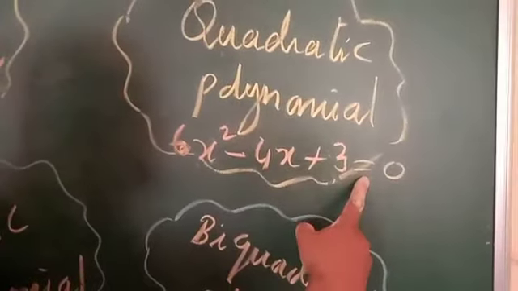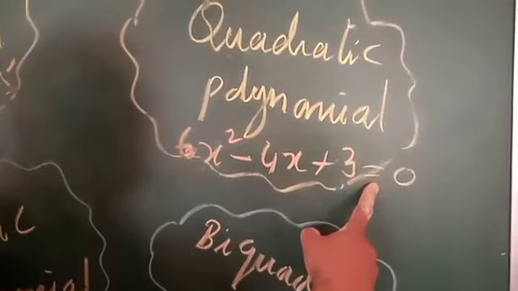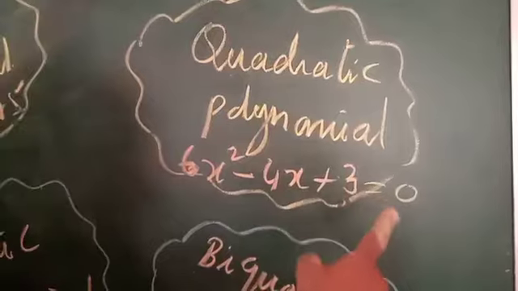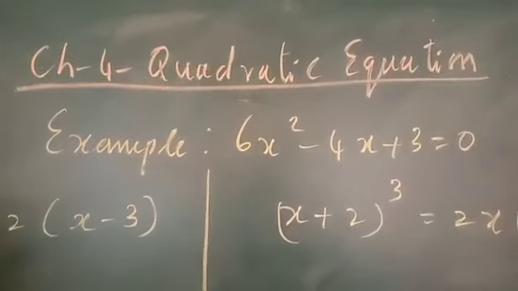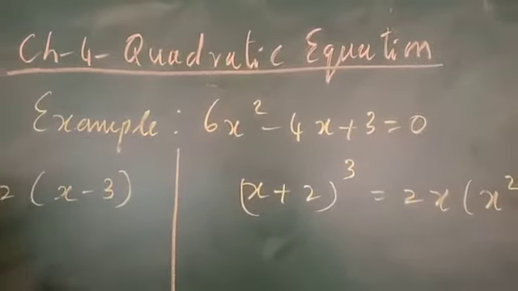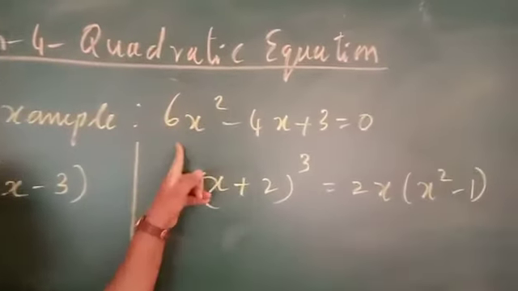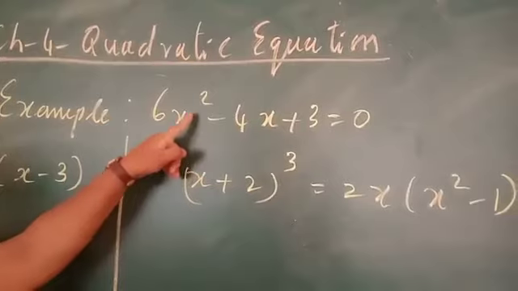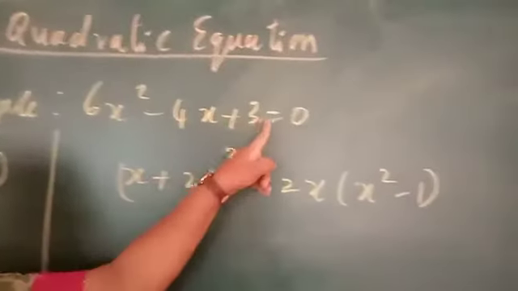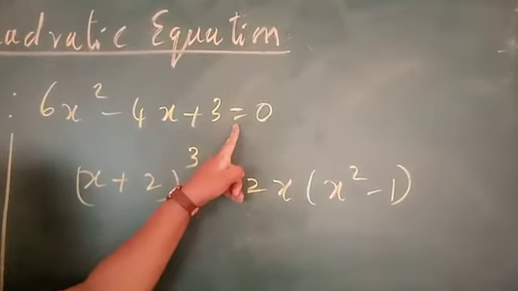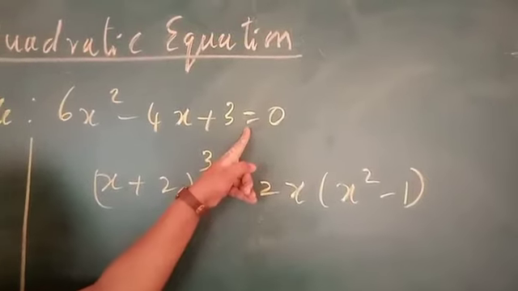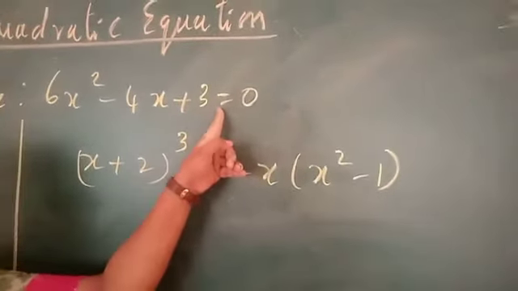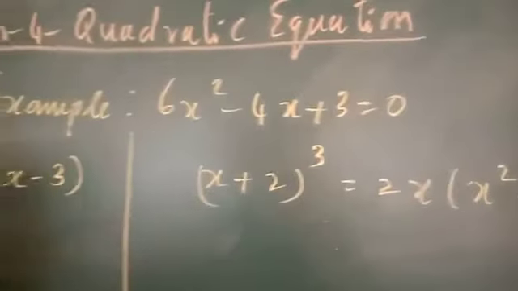So let me see chapter 4, quadratic equations, and what methods we are going to apply to solve the quadratic equation. Okay, let me start reading chapter 4. An example of a quadratic equation is 6x square minus 4x plus 3 is equal to 0. Why is it called a quadratic equation? Because its highest degree is 2 and it has the equal symbol, so it is called an equation. In this chapter we are going to learn how to solve the quadratic equation, only the main concepts. First let me learn exercise 4.1.